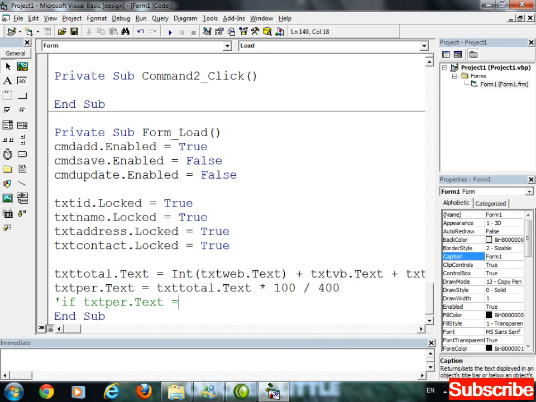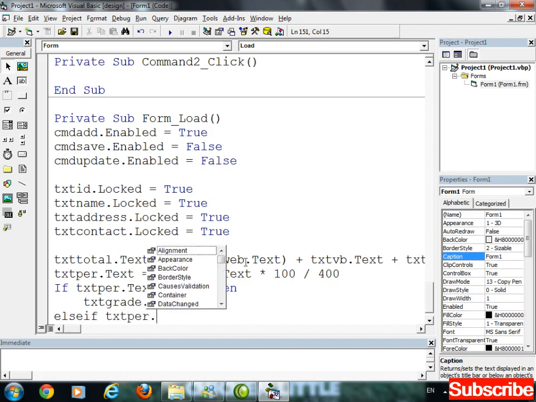First let me complete the project, then I will tell you. If txt percentage dot text is greater than or equal to 90, then txt grade dot text equals A.